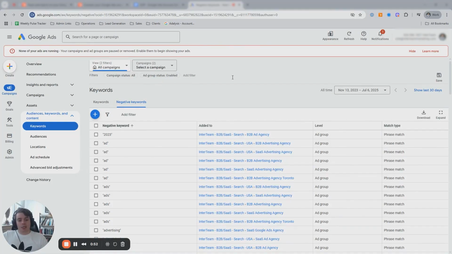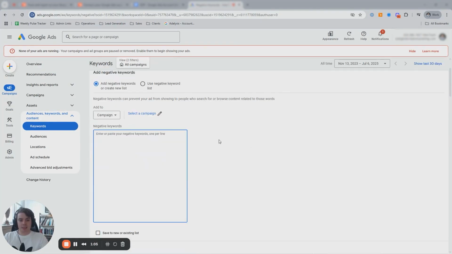So you can add negative keywords for exact match, which would negate anything containing the exact text of the keyword. So, for instance, if you say brackets, which is how you signify exact match, B2B marketing agency, and if you added this as a negative keyword, when somebody searched for B2B marketing agency, our ad would not